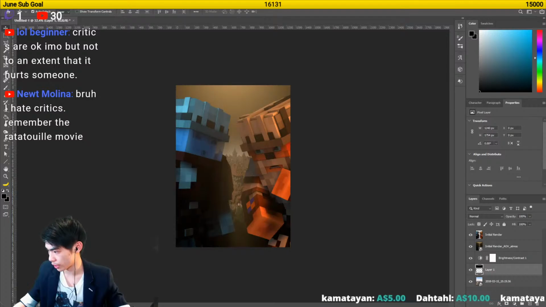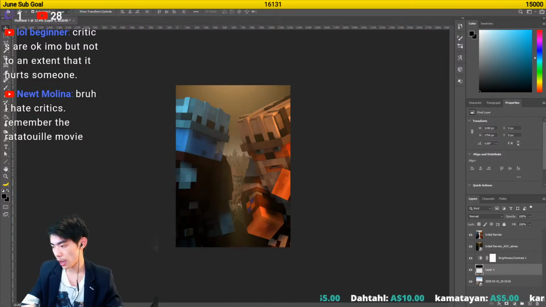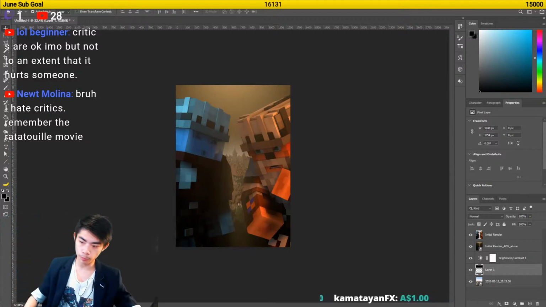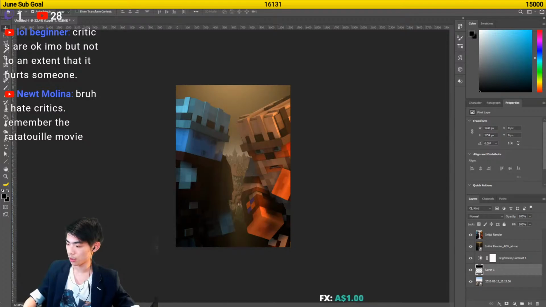Newt says, bro, I hate critics. Remember the Ratatouille movie quote about critics? That thing hits deep. Saying that you hate critics, I think, is a very immature thing to say. Because critics are good. We should embrace criticism. If you can't take criticism, that's called being a little bitch. And being a little bitch ain't a good thing. Criticism is a good thing that moves people forward. If you can't take criticism, and you think that everything that you're doing is correct, you've got some weird